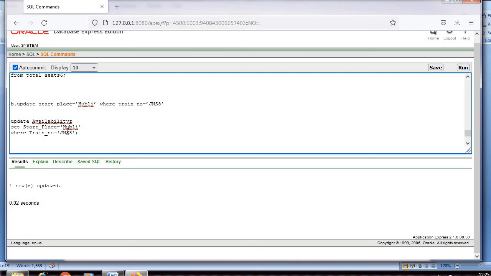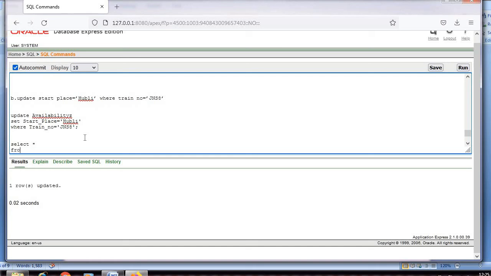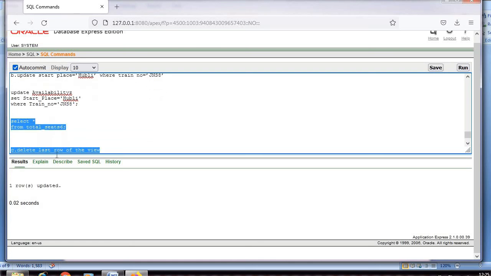The new name given to the starting place will be Hubli. We can see that by using a select command, select star from the view name total_seats. The changes I'll show you down.